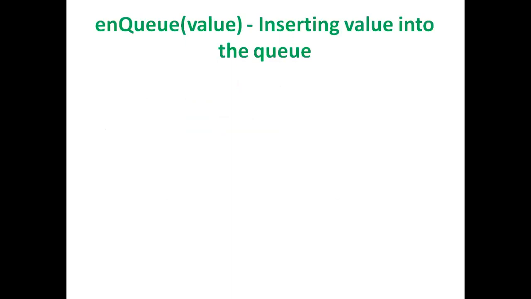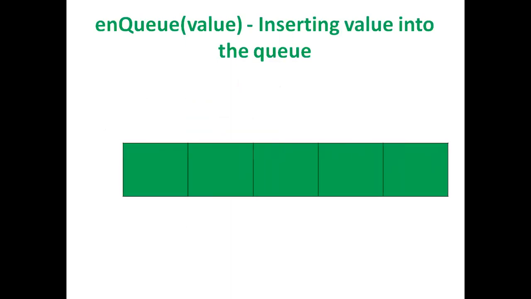So we will see the diagrammatically. Assume this is one of the queue. Our indexes start from 0 and end with size minus 1. Our array size is 5. So index starts from 0, ends with 5 minus 1, that is 4. Our array name is q. Initially we are taking one variable front minus 1, rear also minus 1. Now I want to perform enqueue operation. So I want to insert 10 into a queue. Here front is minus 1, rear is minus 1.